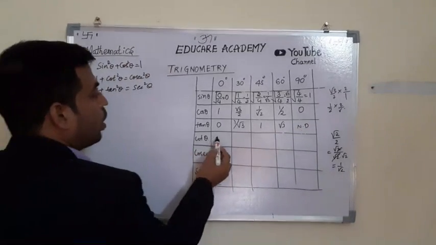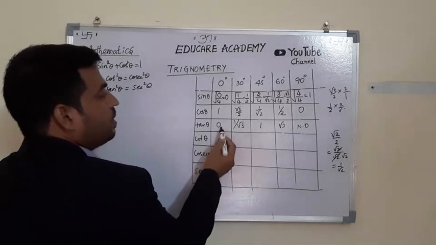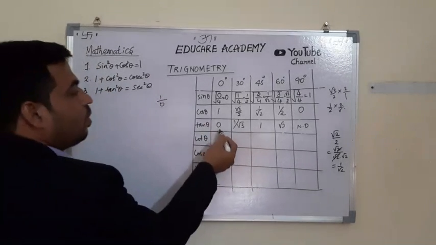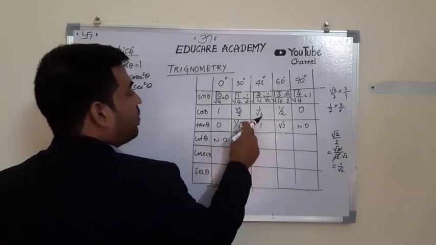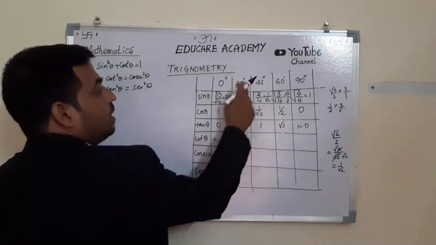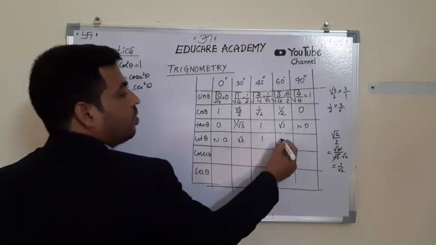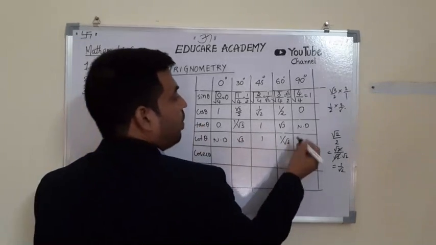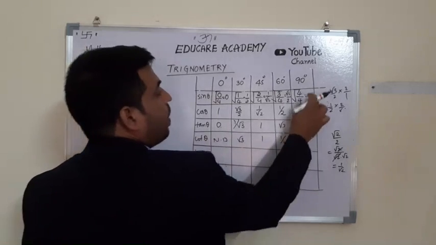Now cot. Opposite of tan is cot, you know that. So 1 by 0, 1 divided by 0. 0 by 1 is 0, 1 divided by 0 is not defined. So next, opposite of tan is cot, so 1 by tan is cot. Cot 30 is equal to 1 by tan 30. So it becomes root 3. So it becomes 1 only. Now 1 by root 3. Now tan not defined is also, cot is cos by sine. So 0 by 1 is 0.